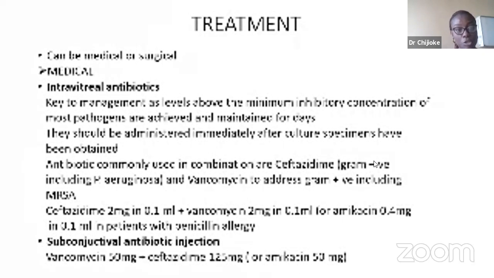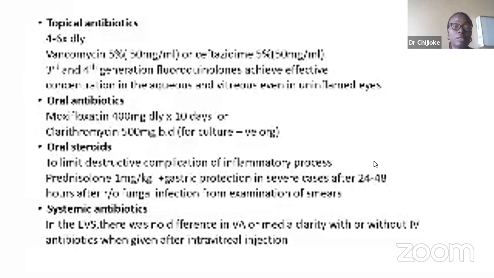Subconjunctival antibiotic injection, vancomycin 50 mg and ceftazidime 125 mg can be used, or amikacin for patients allergic to penicillin. Topical antibiotics, usually given 4 to 6 times daily, can use vancomycin or ceftazidime. Also, third and fourth generation fluoroquinolones like moxifloxacin and levofloxacin can achieve effective concentration in aqueous and vitreous even in uninflamed eye. There's also room for use of oral antibiotics, moxifloxacin 400 mg daily for 10 days, or clarithromycin 500 mg